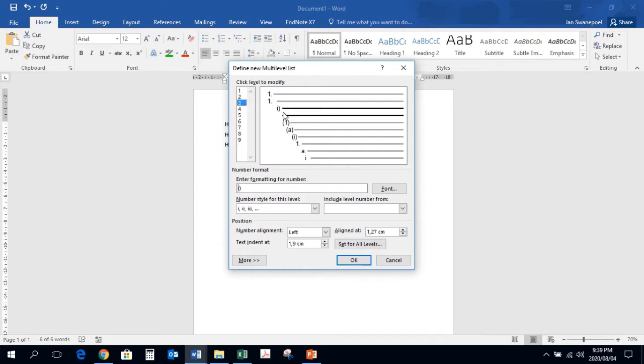And then the third level, I don't want it to be a number, the full stop at the end. I don't want it to be indented there. And then I can just say, okay, I want to include the number from the previous level, and I'm going to do that with level 2 as well. Include the number from that level. Full stop. So there it should then show all of the information that I want